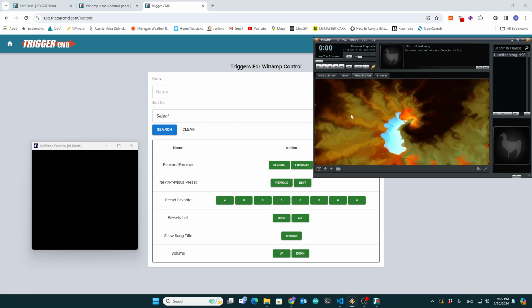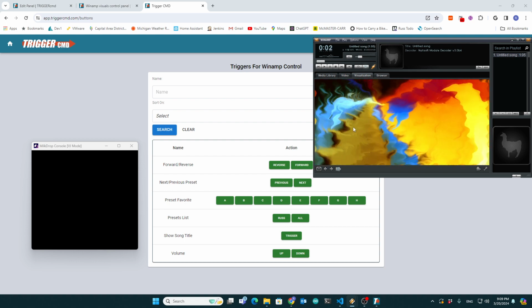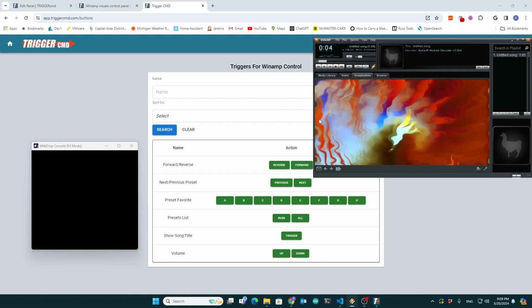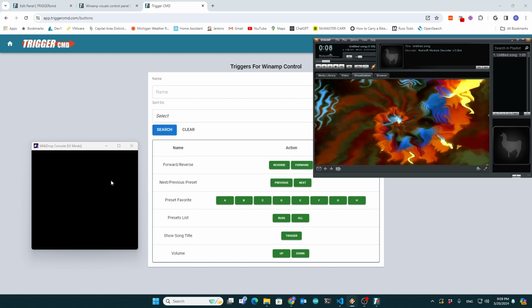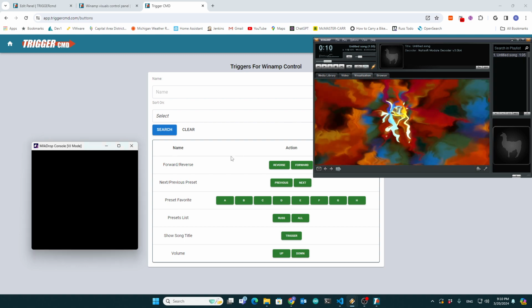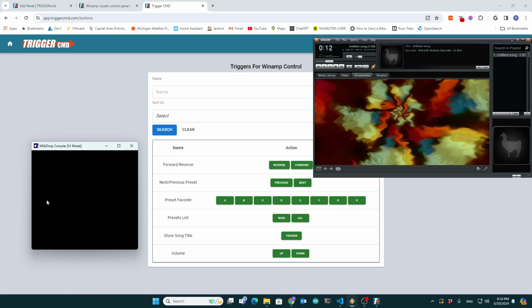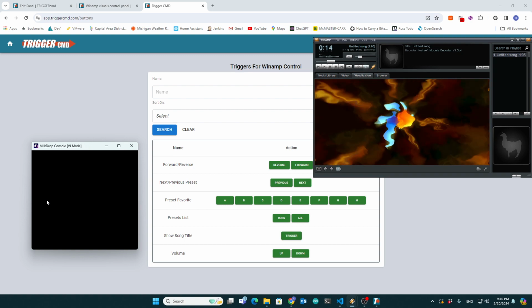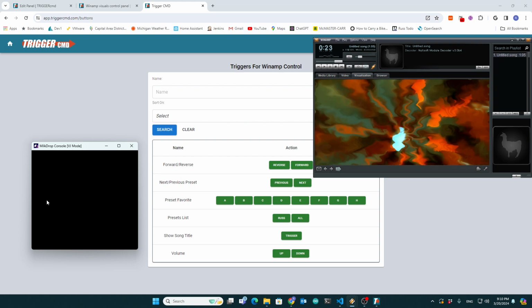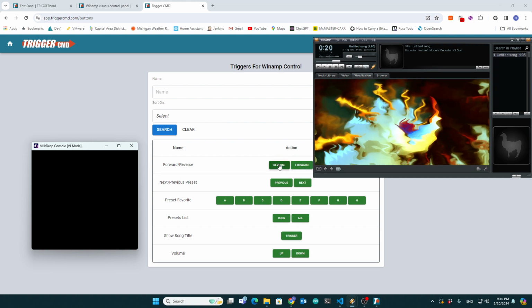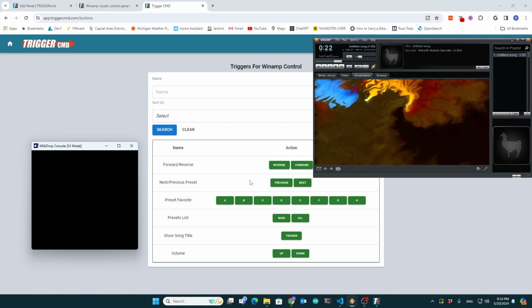Let's say you're having a party and you're playing MP3s on your big screen, and you're using Winamp. I like Winamp because it has beautiful visuals, and now I can control it. I can fast forward by tapping the forward or reverse buttons. I can pick the next visual